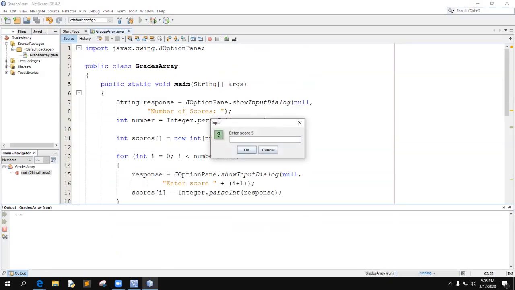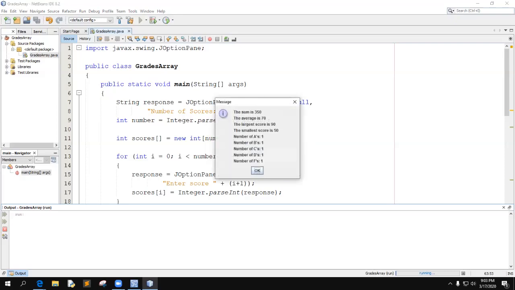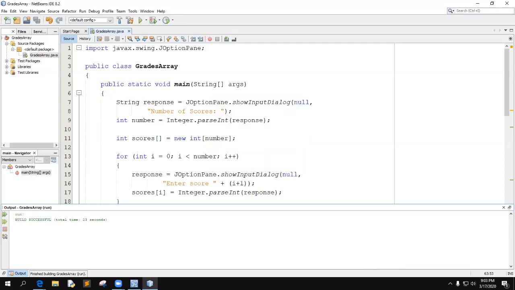I forgot. I think I entered in too many. Yeah, that worked out. Okay, very good. I'm confident that this is working right. So this is an example of using arrays. I hope that you got the idea. Professor